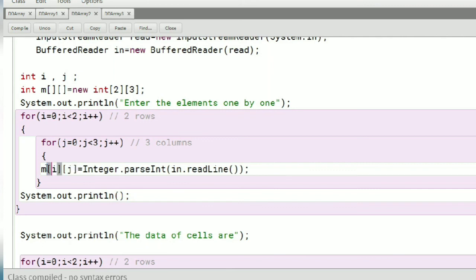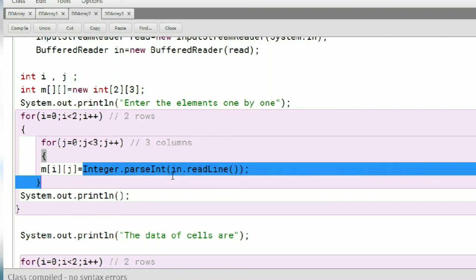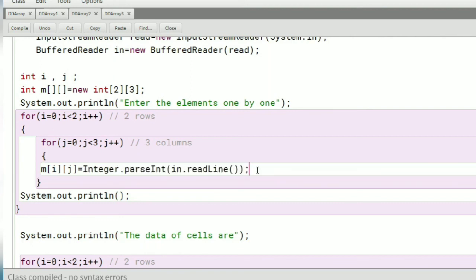So how will we write it? m[i][j], where i is for rows and j is for columns, equals, and since I have taken the integer data type, I have to write Integer.parseInt(in.readLine()). This loop will go and store all the elements in array m.